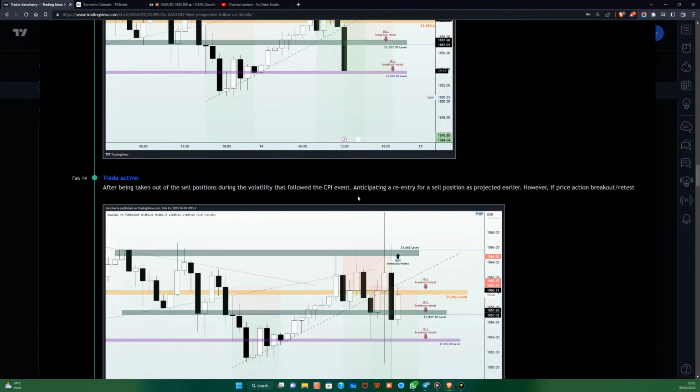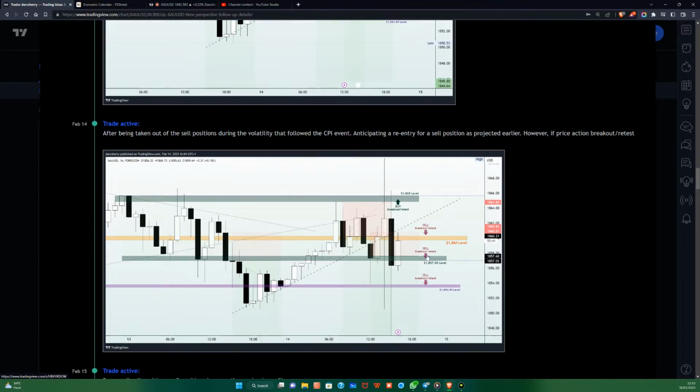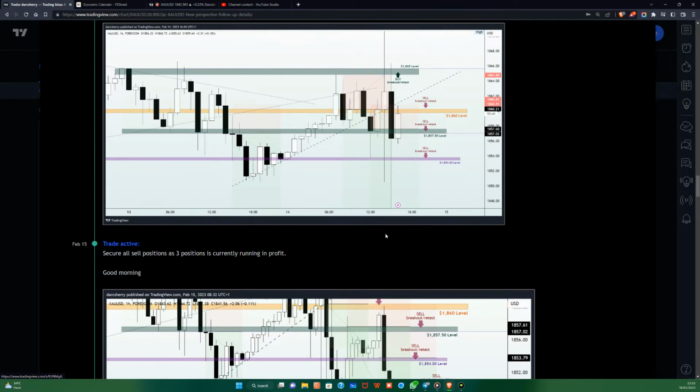But what happened afterward was quite interesting here as we saw volatility take us out of all the sell positions we had. And this was as a result of the CPI events that happened later on that day. So I stated here that we shall be anticipating another re-entry for a sell position if price action falls down below the 1860. Then it took about, I think, 2 or 3 hours before normalcy came back into the market, and we had the first position triggered one more time to incite another wave of bearish momentum,